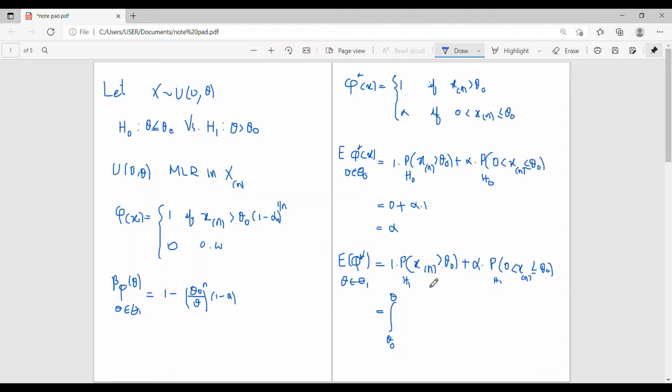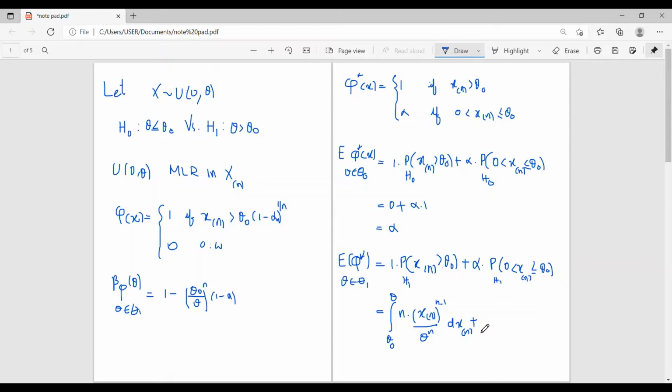We can find the density function of Xn using the result f_n of x is equal to capital F of x whole power n, where capital F of x is the distribution function of random variable X. So the density function of Xn where X follows uniform 0 theta is n into Xn power n minus 1 divided by theta power n, dXn,